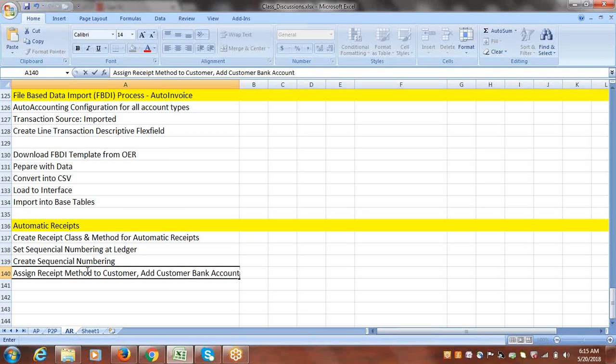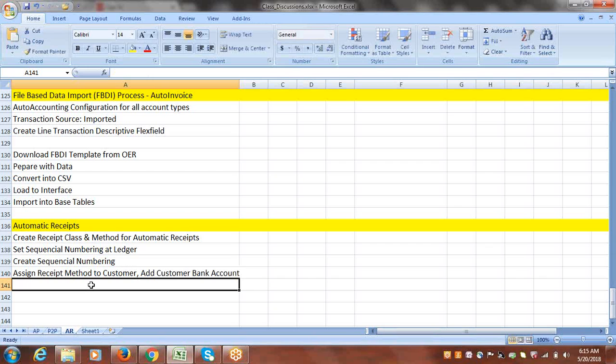We'll be adding the account to the customer. So then that would be enough. Then add the business unit to the internal payee list. We have to map our business unit to the internal payee list, then only the system will allow us to process